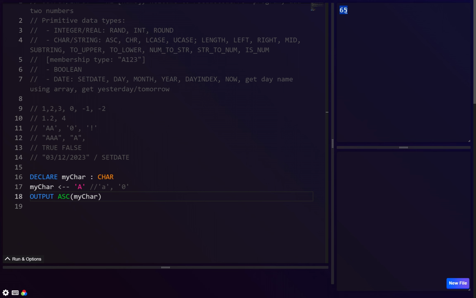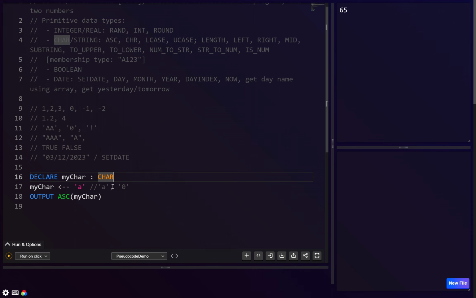Alright, so big A is going to be 65. Now let's try small a, and let's see if anyone knows this. Alright, so small a is going to be 97. The thing to note is the difference between big A, which is 65, and small a, which is 97. So the difference is actually